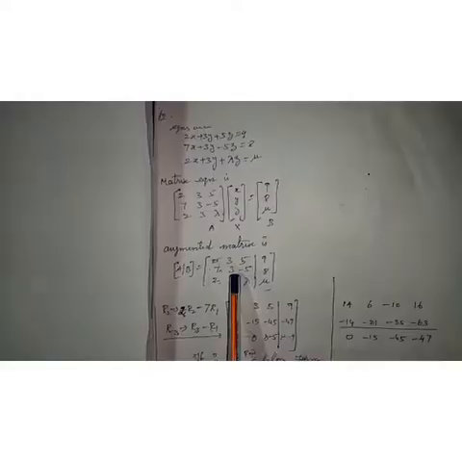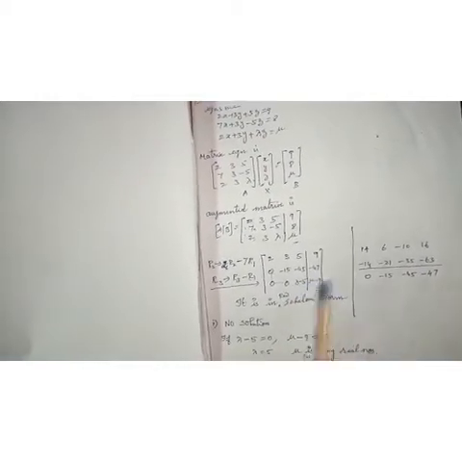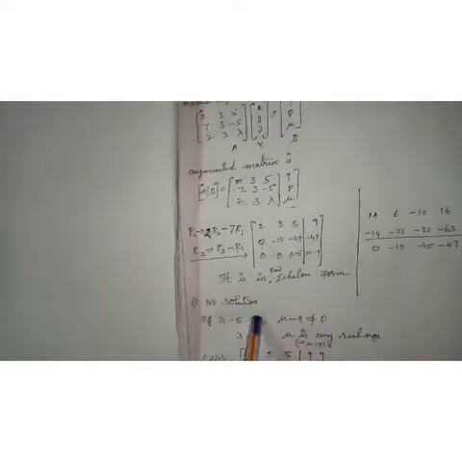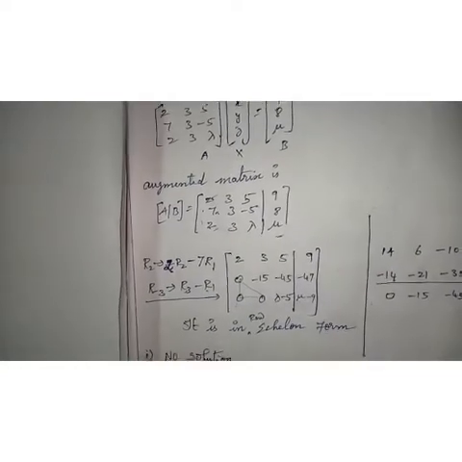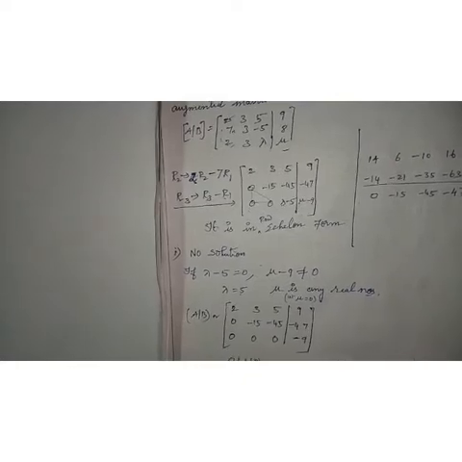It's very important. The given equations are converted to a matrix and then write the augmented matrix. From the augmented, you have to use row elementary transformations. Make the first element 0 of the second row, the third element 0 of the third row, and then a triangle shape. And next, no need to find any answer here. We want to substitute some values of lambda and mu. If you substitute any value here, three cases will come. First case, no solution. What is the first case? No solution means we have to put lambda equal to 5 or mu equal to some other value. It will come just like that for case 2 and case 3 also.